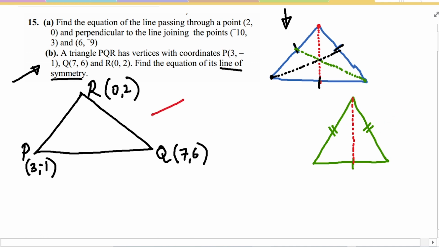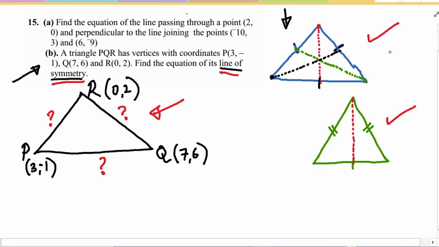So now we do not know about this triangle. Is it an isosceles triangle? Determining whether it's an isosceles triangle or an equilateral triangle is what is going to determine how we approach the equation of the line of symmetry. So how are we going to find this out? We are going to find out by finding the lengths of these sides. We are going to find the lengths of this side. When we find the lengths of those three sides, then we'll be able to verify whether it's an isosceles triangle